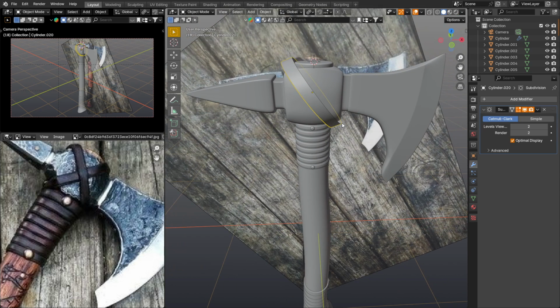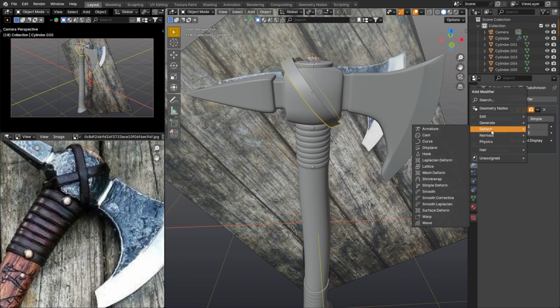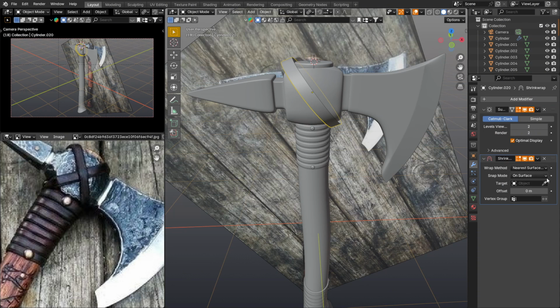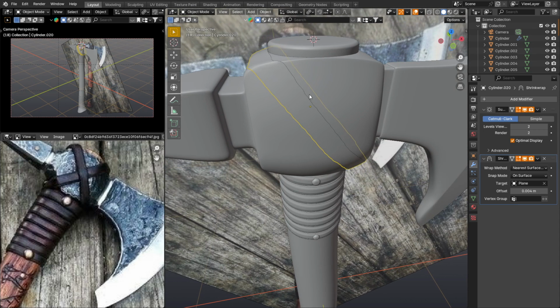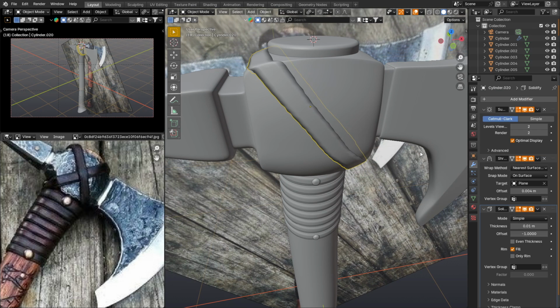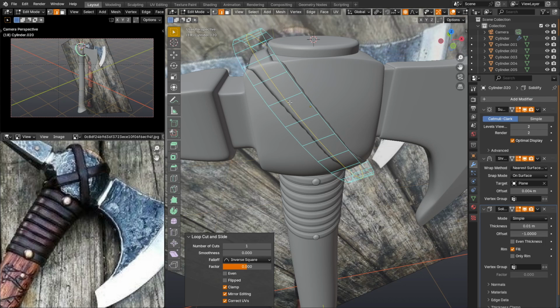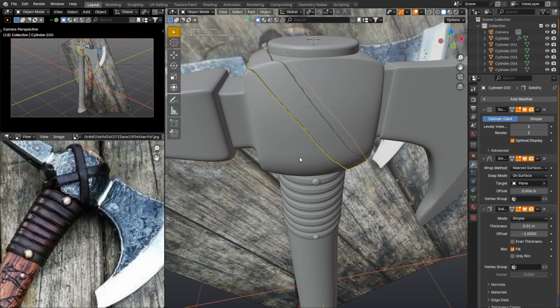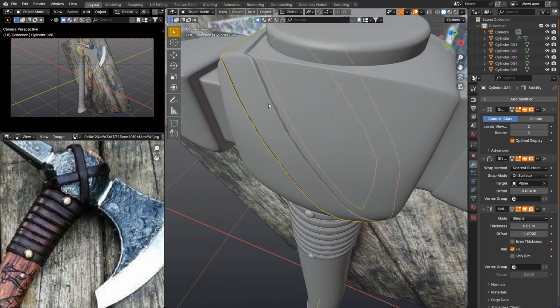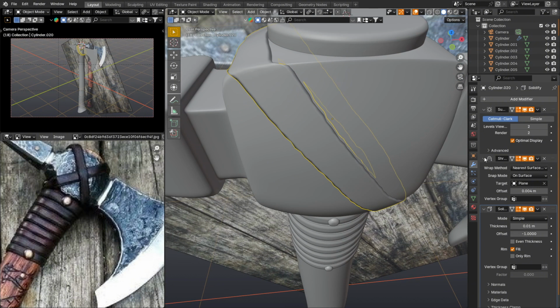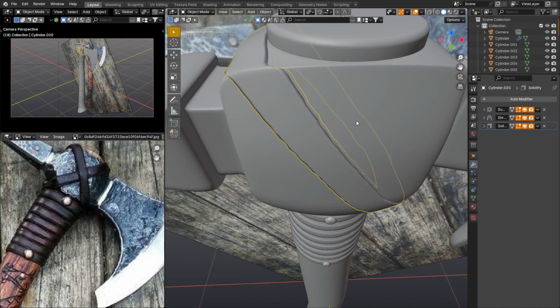Now the shrink wrap modifier can be applied, and as a target select the object around which we are wrapping. With the Shift key pressed, shift the offset a little. Now we can apply the solidify modifier. In edit mode, add the central edge loop and divide it into two using the Ctrl B combination. Now the wrap modifier can be moved to the first place, after which we just need to increase the offset a little.